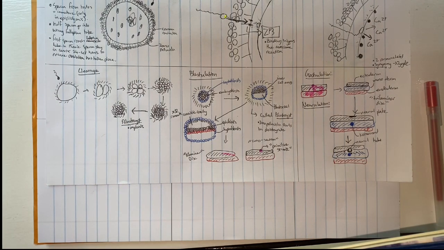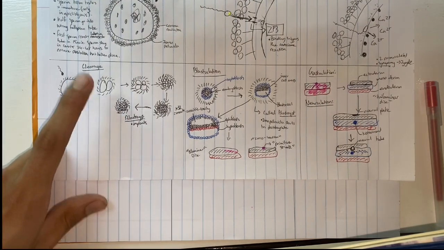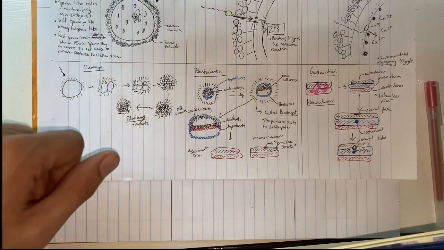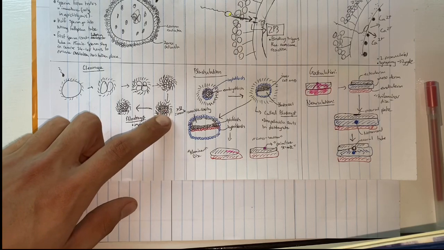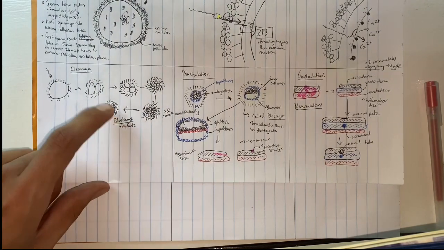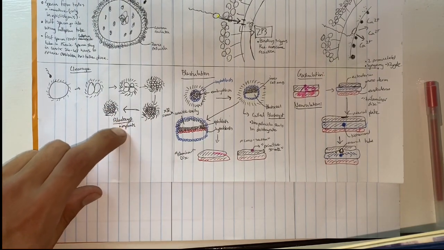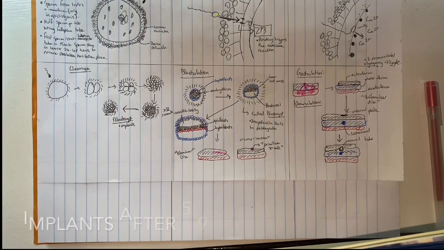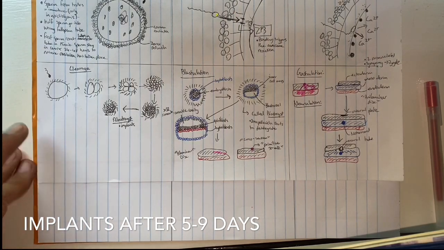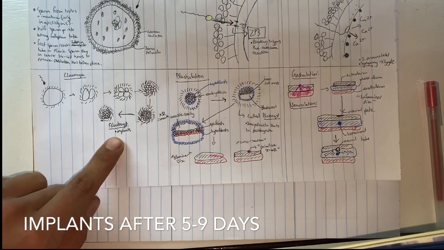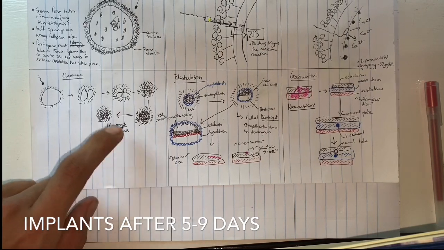when the two pronuclei fuse. Then you've got a 2-cell stage, 8-cell stage, you get down to here, 32 cells, which is called a morula, and then a morula differentiates into a blastocyst. The blastocyst is what implants into the uterus. And first, we have ovulation. Day 1 is fertilization. Days 2 to 4, cell division takes place in the fallopian tube. Days 4 to 5, the blastocyst reaches the uterus, and in days 5 to 9